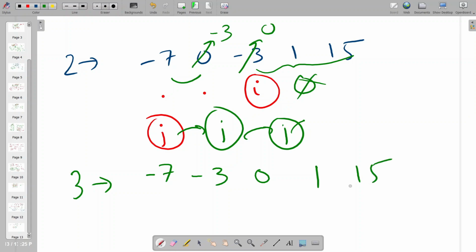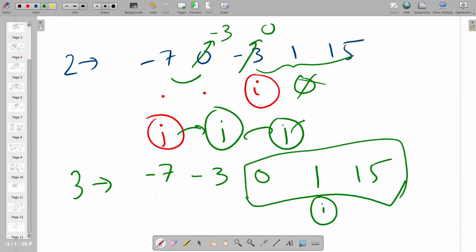Okay. Now i goes, for the fourth iteration, 1, 2, 3, 4, i goes here. Now after three iterations these three positions are fixed. We know that these are the final positions, so j will only go from here to here. So when j goes here, it sees that okay, -7 and -3 is okay, it is less than -3, fine. j goes here, and that's the final position. After that j will not go.